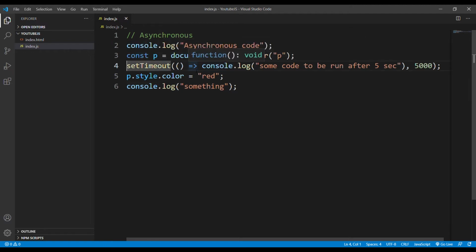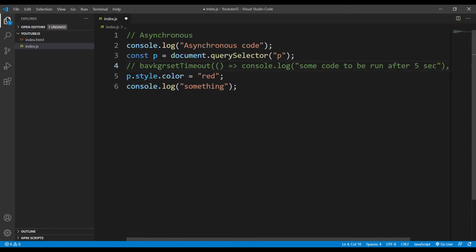So instead of waiting, this task will be run in the background. This will not block the rest of the code. It will just run in the background.